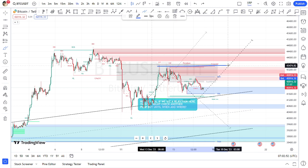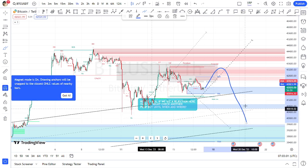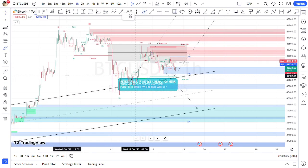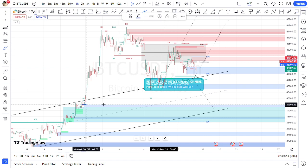It has not broken 43,474. As long as it does not break, it will drop. Now what is the next potential target? It will be 39,426, or around here 39,593. I am looking for 39,119,